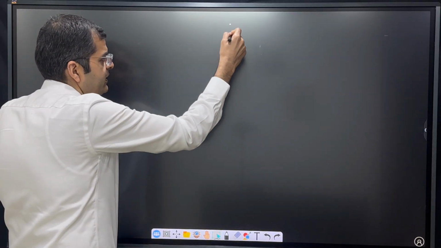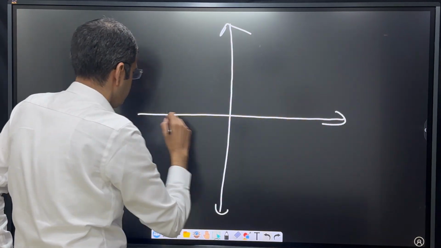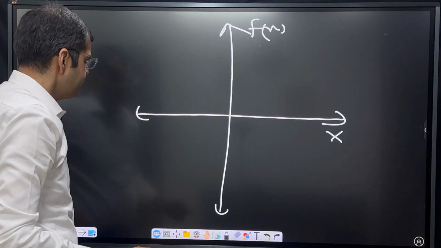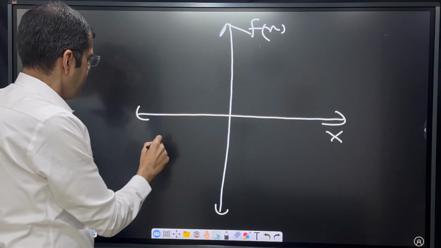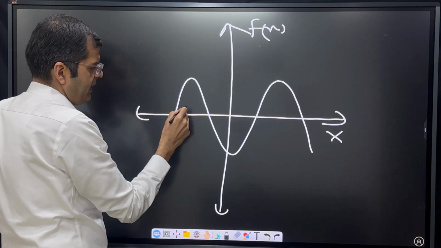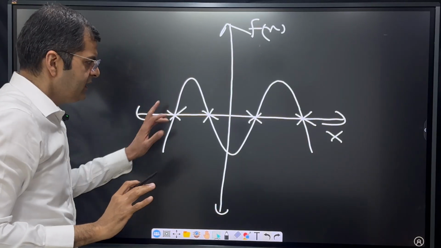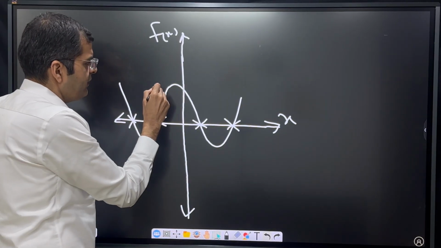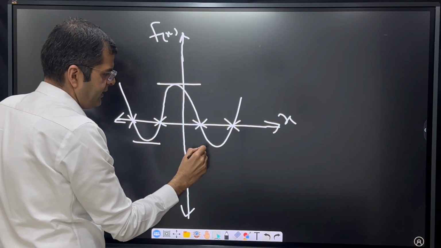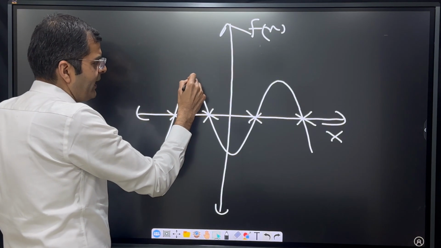We'll see another possibility for the graph to cut the x-axis at 4 places. This is x, this is f of x. In that case, the graph can be somewhat like this. Again, this is first, second, third, and fourth. So at 4 places, it cuts the x-axis. The difference between these two graphs is there is one local maxima here, which I've drawn like this, and 2 local minima like these 2 points. In this case, there are 2 maxima points